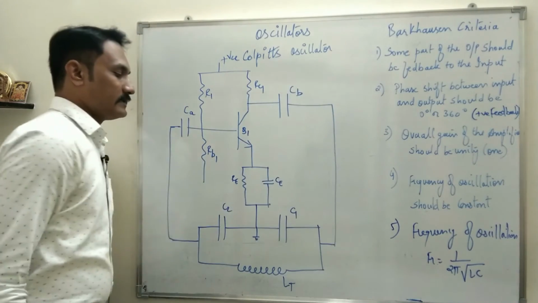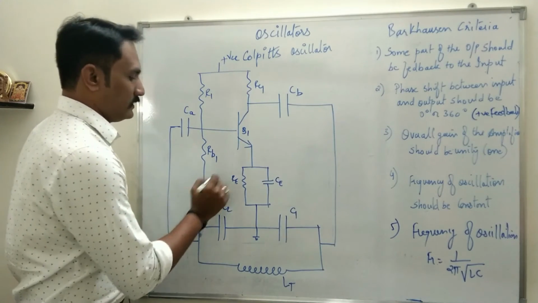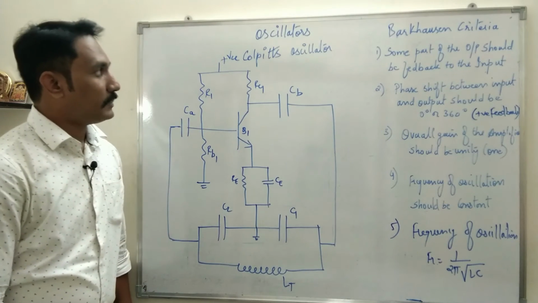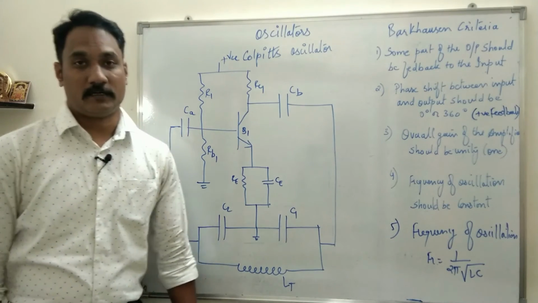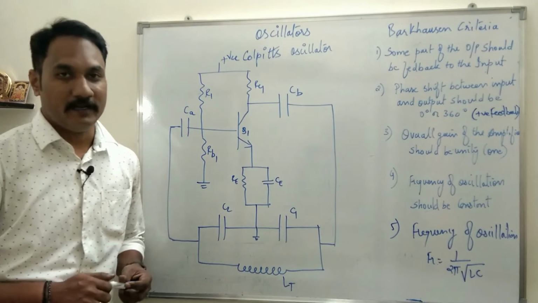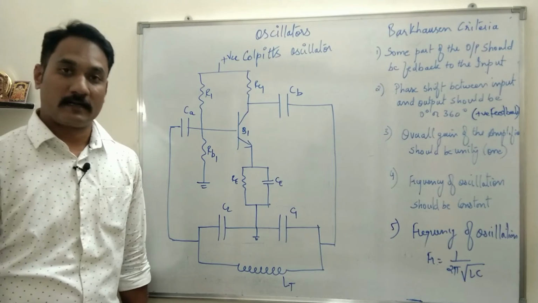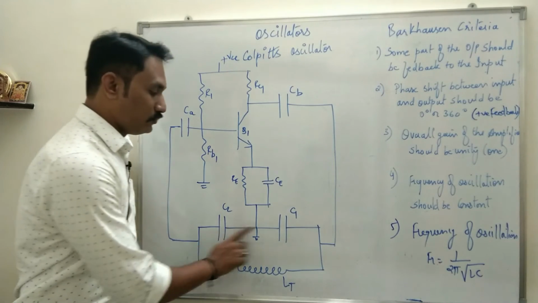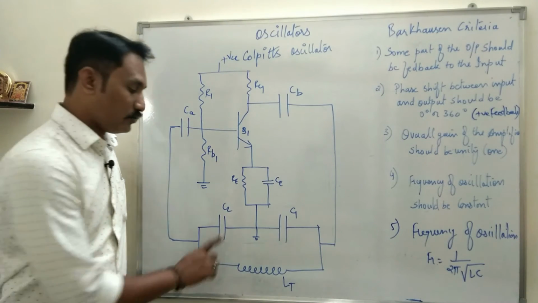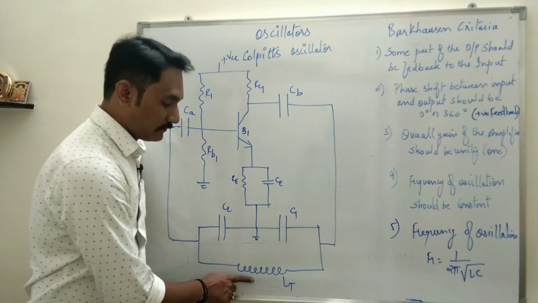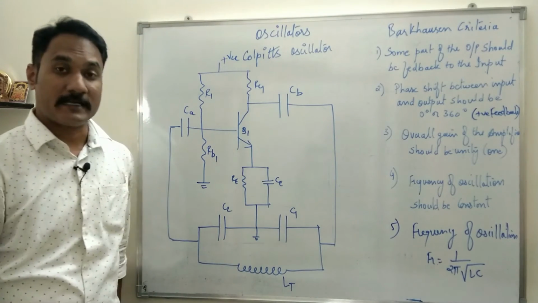I will call it as CA and CB. Okay, so this is the construction part of Colpitts oscillator. What you can see is clearly evident from the circuit. The change we have made as compared to Hartley oscillator is we have two capacitors, connected in series, and then the inductor will form the tank circuit.